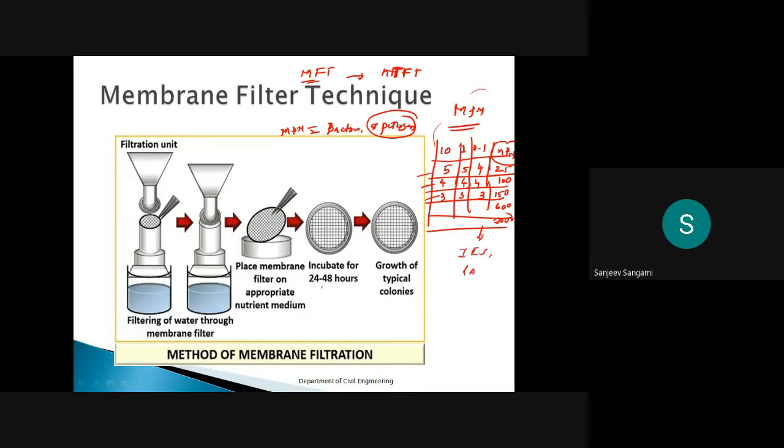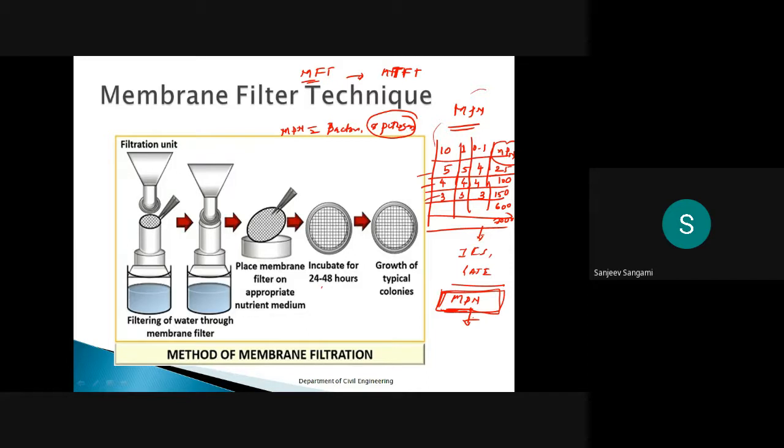Those who are targeting the IES GATE, one problem will always come from the MPN, whichever question paper you target. So definitely they are going to ask this. If you understand the technique, definitely you can solve that problem.